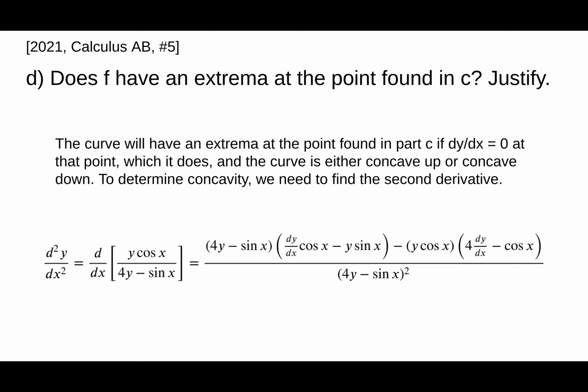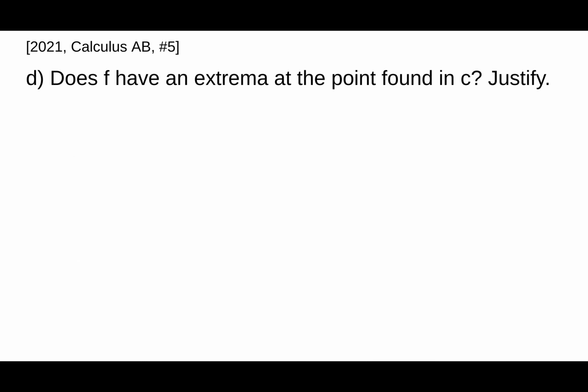So we take our expression for dy dx and we differentiate that using implicit differentiation. And even though we get this nasty expression using the quotient rule, keep in mind there are some things about this expression that we already know. Because we're finding the second derivative d squared y over dx squared specifically at the point pi halves comma 2, and we know that dy dx is 0 at that point, all of our dy dx terms on the right become 0. And then a bunch of stuff will cancel. It's actually not as bad to simplify this as it looks. So if we try to simplify that expression,